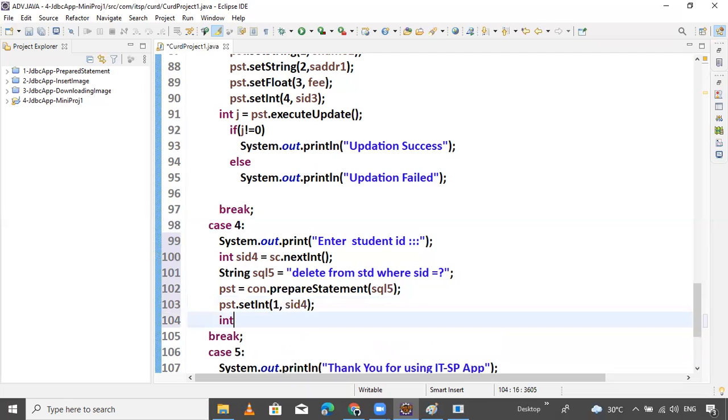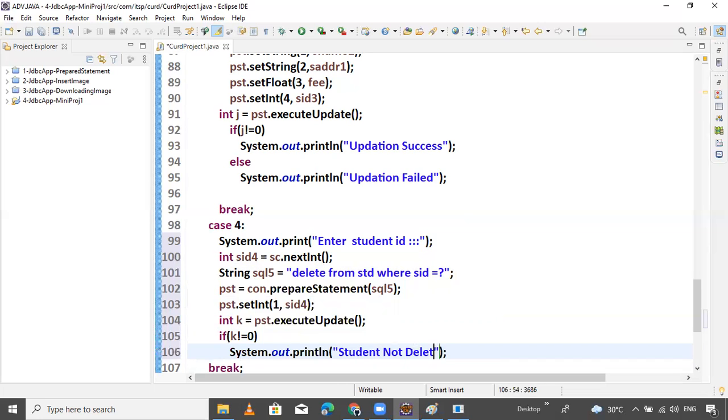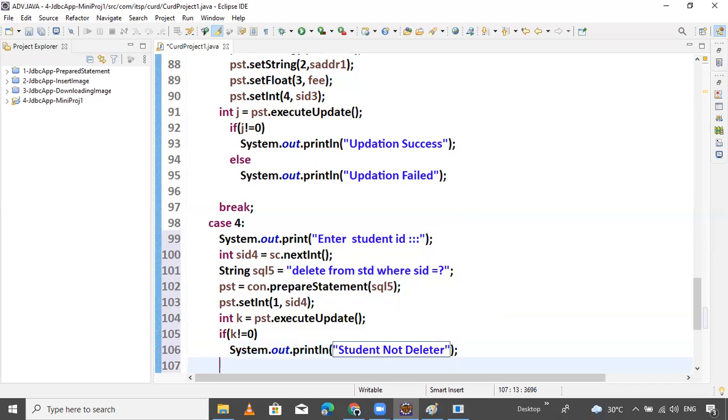Now execute the query. Int i is used, k uses j, j uses k, it is not used. So the executeUpdate method is there. If k not equals 0, System.out: student record not deleted, whatever message you want to write.